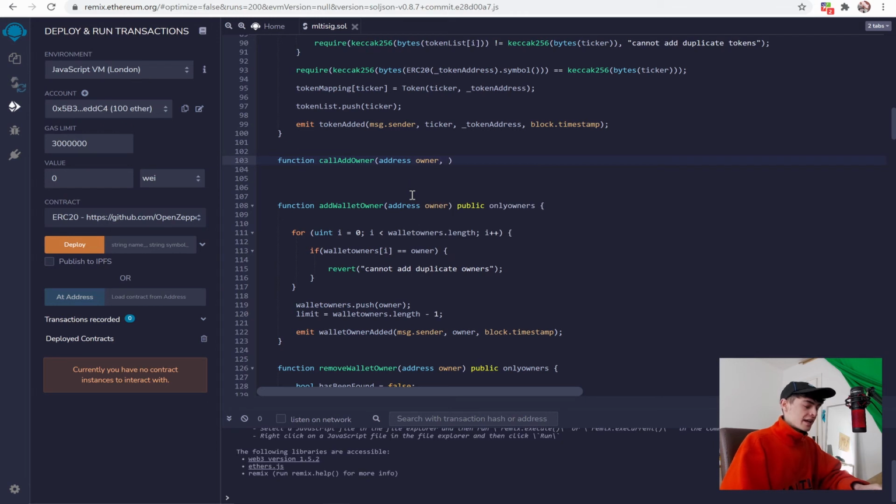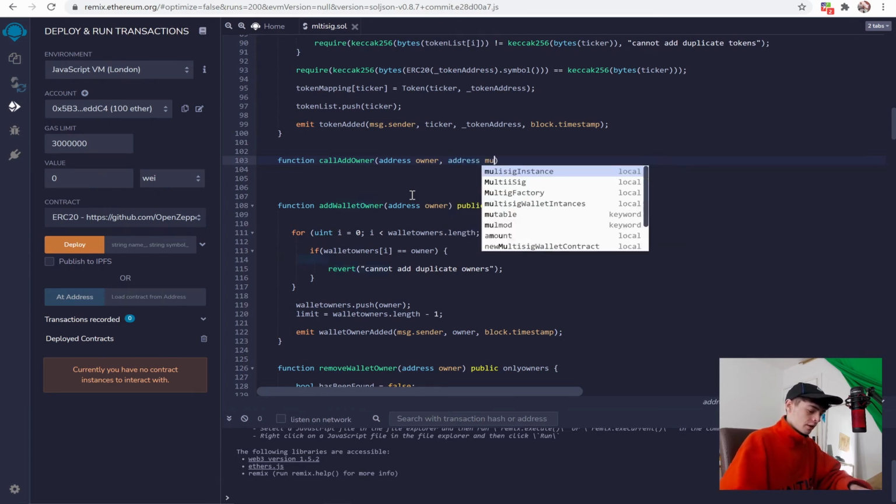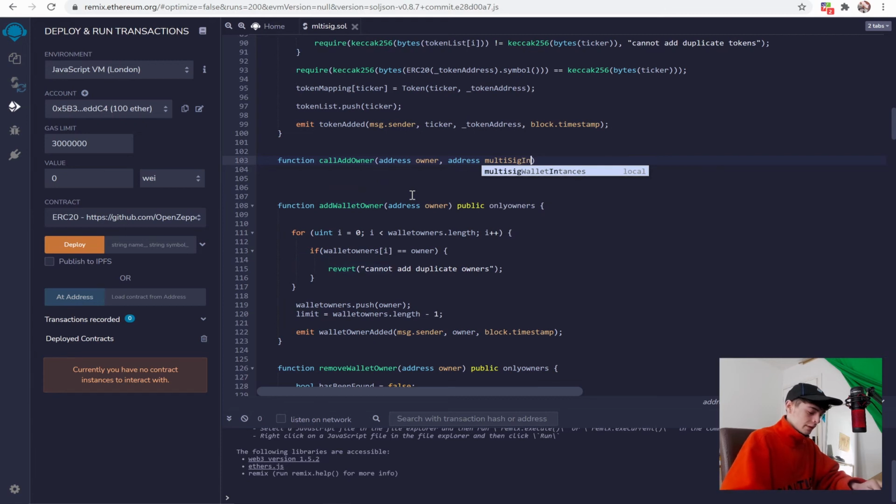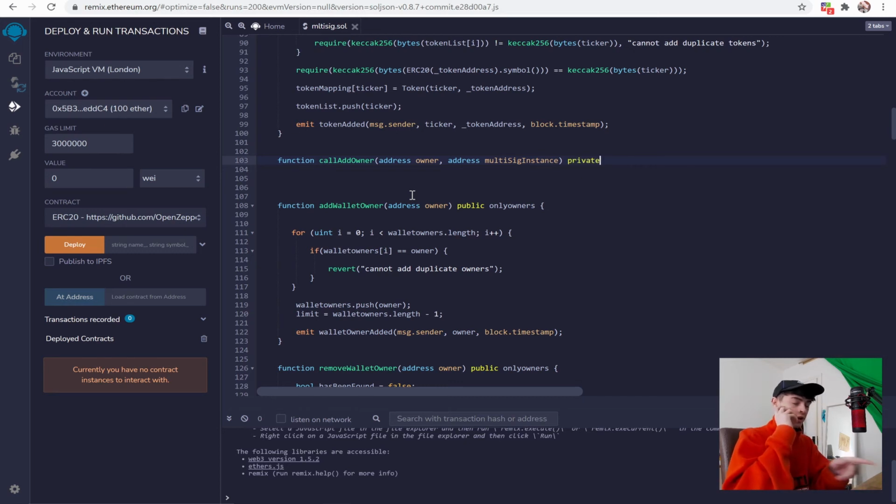And then it's going to take in the actual contract instance that we want to add to his addresses itself. So we'll pass in address, multisig instance, we'll call it, like so. Oh, if I can spell instance, like so. We're going to have this as private